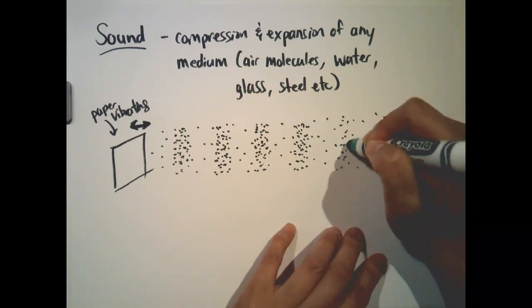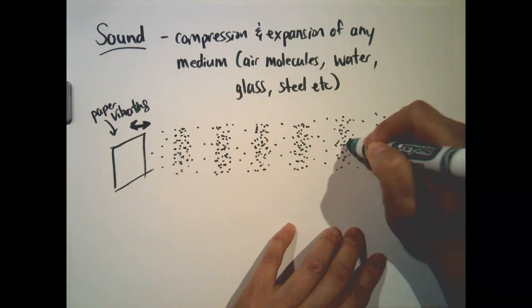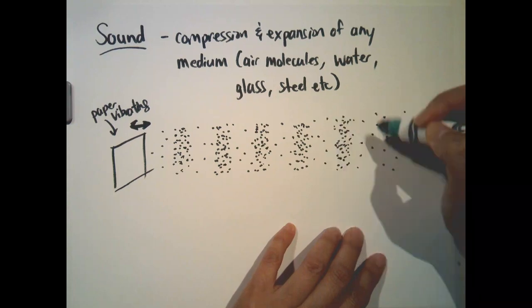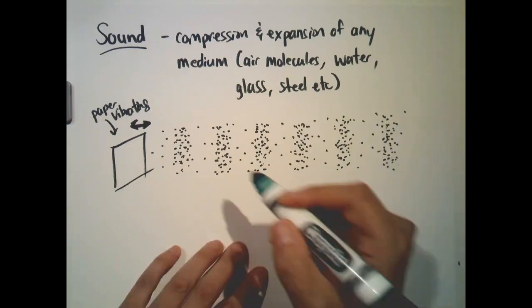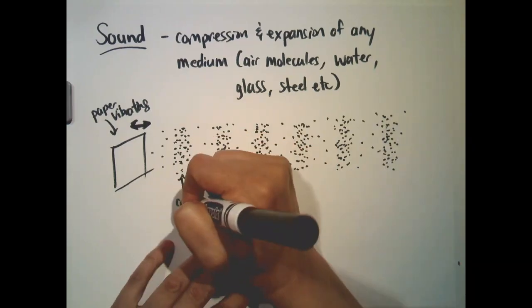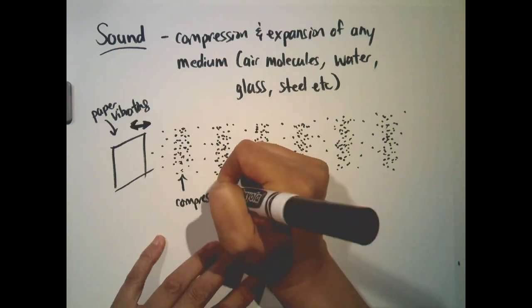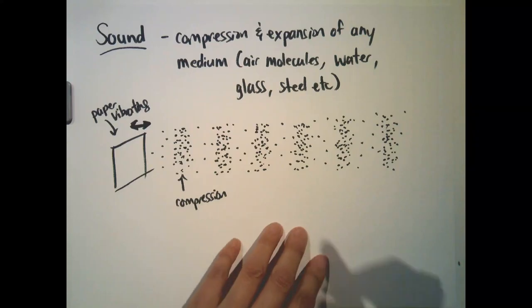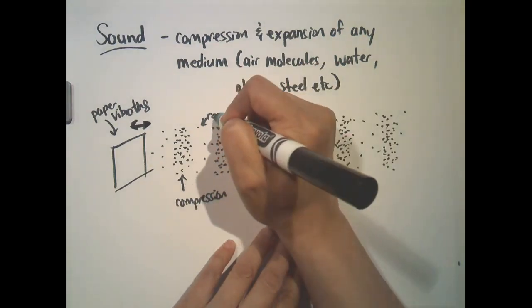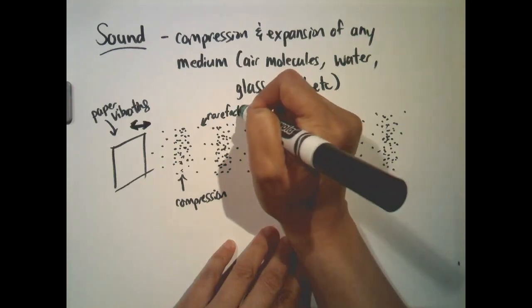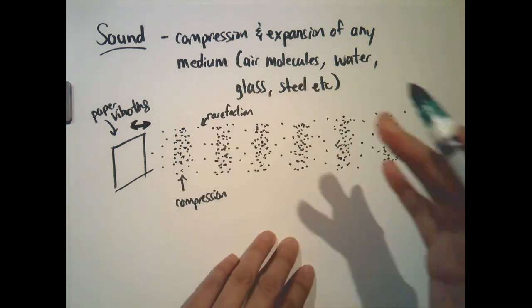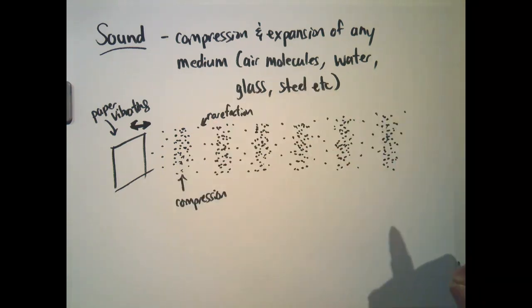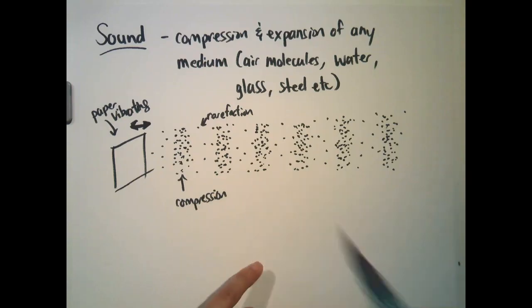All right, so right now I'm just drawing these molecules that have been compressed together, and then you have the gaps in between. And that's essentially what sound is. So here is your compression, and then in between is called a rarefaction, like so. And because typically the vibration happens very quickly but at regular intervals, you can actually physically measure,